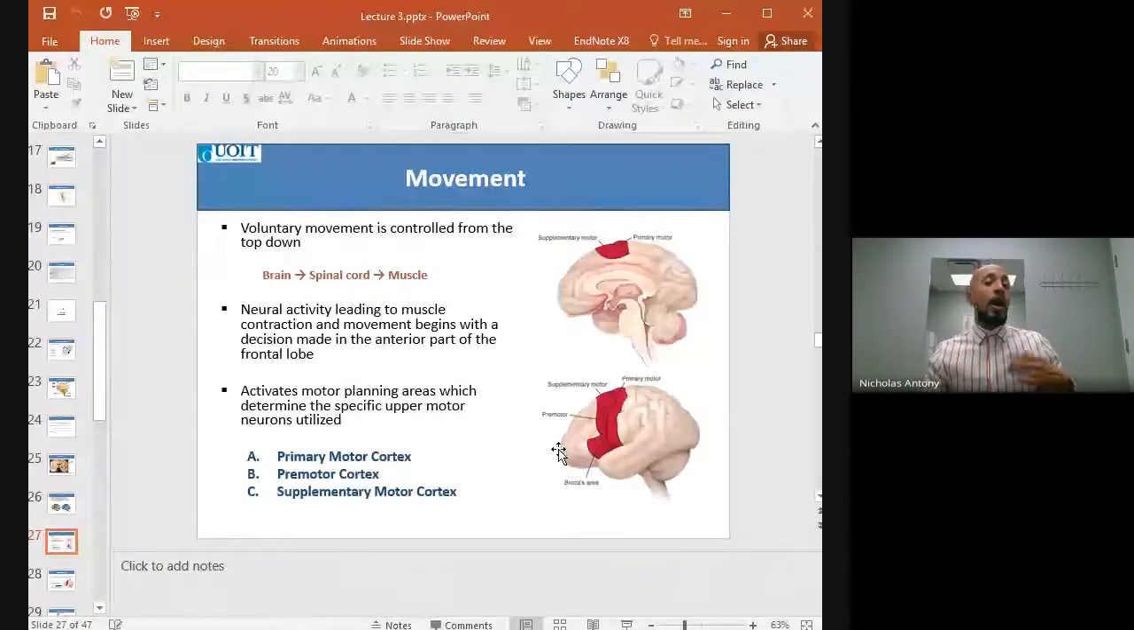So when I decide I want to complete a task, specifically a task that I haven't done before, okay? I see what's around me, and then I make a decision in my prefrontal lobe that this is what I want to do. I want to pick up this new object. I don't even know what it is. The motor planning areas, think about it as three different processing areas. It's these three areas here that are going to